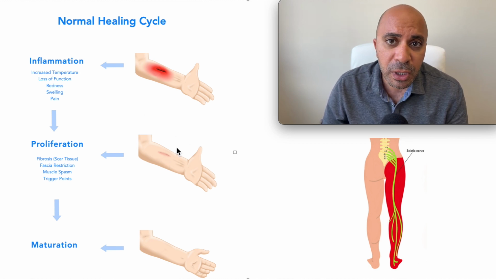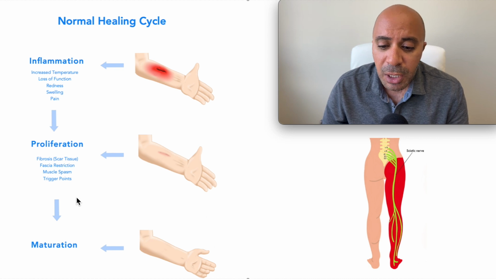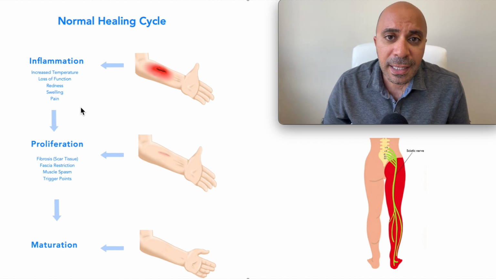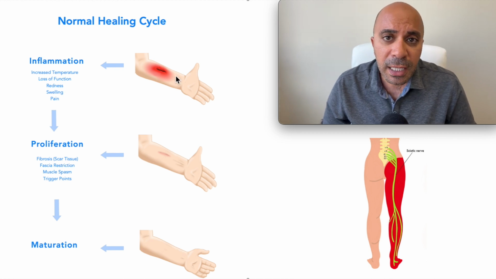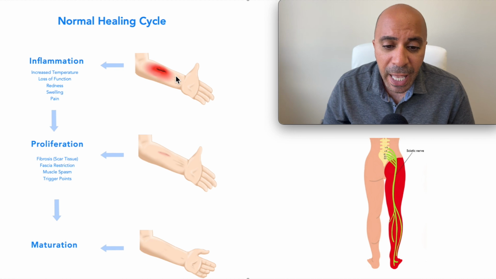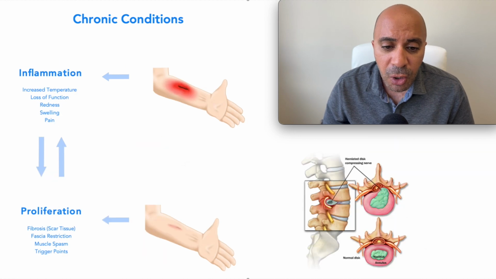In the perfect scenario, during the maturation stage, the body should clear up everything from the inflammation and proliferation stages. That indicates that you are healed and have completed the healing cycle. But if you are still experiencing back pain, there's a very high chance you are going back and forth between the inflammation and